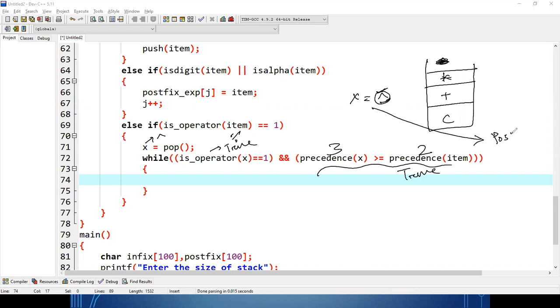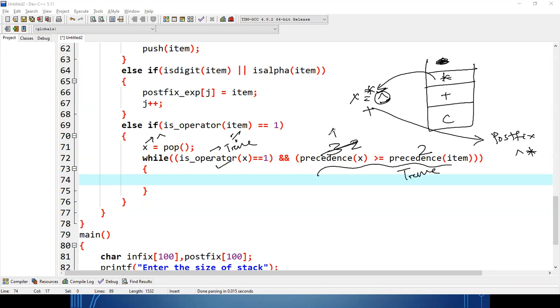So whatever popped symbol I am getting, I need to transfer to postfix. After that I'll again pop, multiplication. Again I'll check multiplication is an operator. Yes, precedence of multiplication is 2. Precedence of scanned symbol modulus is 2. 2 greater than or equal to 2, true. So again I have to move this multiplication. After that, I'll pop plus. Plus is an operator, yes.